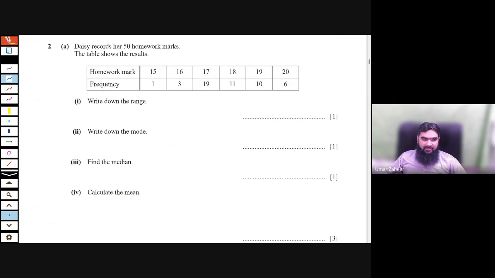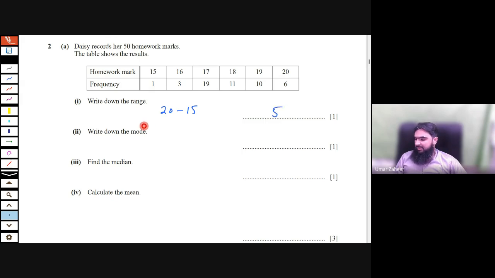All right, now we have the next one. The teacher records her 50 homework marks. The table shows the result. This is the result. We have to write down the range. The range is the maximum marks minus minimum marks. The maximum marks is 20 and the minimum marks is 15. So the final answer is going to be